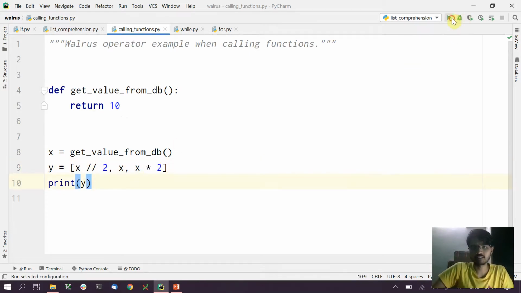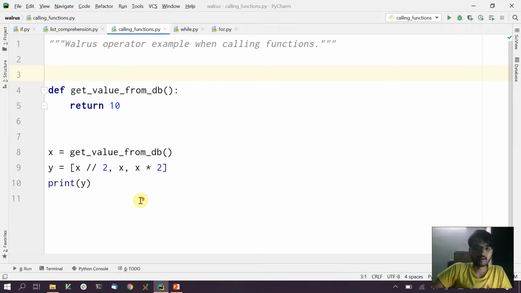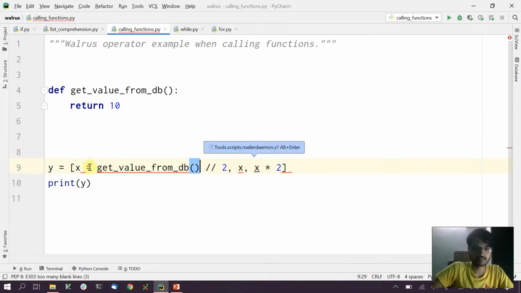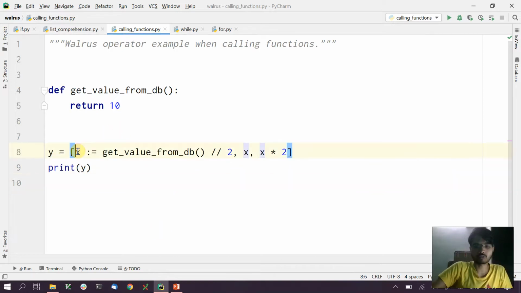So if you run this, you will see the output 5, 10, 20, as you would expect. Now, using the Walrus operator, we can actually simplify this further by putting this x assignment in the expression itself. So the way we can do that is by putting it right here. And obviously we have to